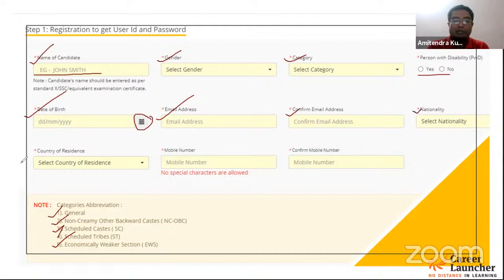So, and then you have to select your country of residence, whether you are from India or not. So in both the cases, you'll be definitely selecting India or Indian, as the case may be. And the last part of the registration requires you to submit your mobile number, and you have to confirm your mobile number once again. So whichever mobile number you are providing here, the number must be retained at least till the admission process is completed.